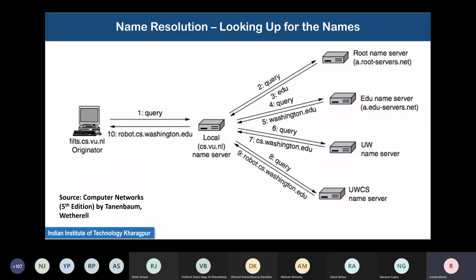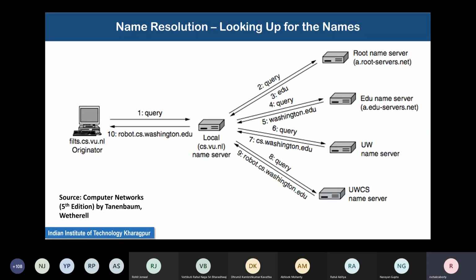Then it contacts the .edu domain name server, which gives it information about the Washington.edu domain. Then it contacts the University of Washington name server, which gives it information about the cs.washington.edu domain. And finally, it contacts the authoritative name server of the cs.washington.edu domain to get the full IP address of the computer robot.cs.washington.edu. The first root name server IP address has to be known to the local name server.